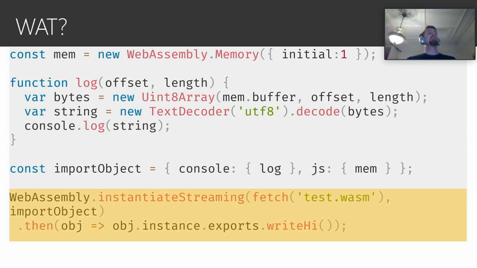So what we can see there is that we're using WebAssembly.instantiateStreaming. So this is an asynchronous function that expects a stream, generally a stream that is returned from a promise, and generally something like a fetch is done to download the WebAssembly binary from some remote source. In this case, it's just running locally and side by side with this JavaScript file. So we use fetch to download that. We pass in the import object we created before. And then once we've instantiated our WebAssembly virtual machine, we can then use the WebAssembly instance, grab the exports of that, and invoke the write hi function.